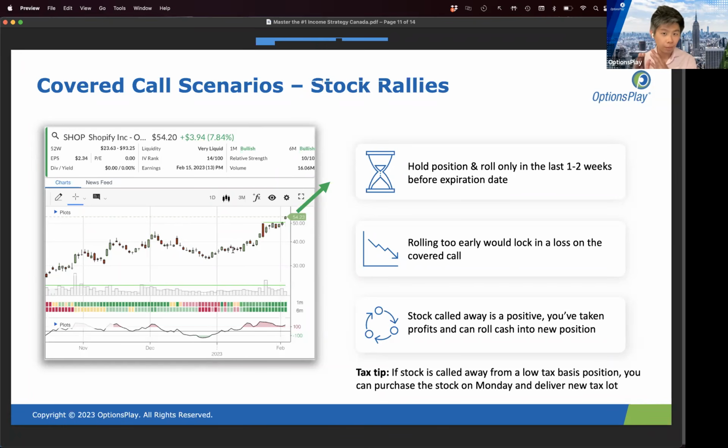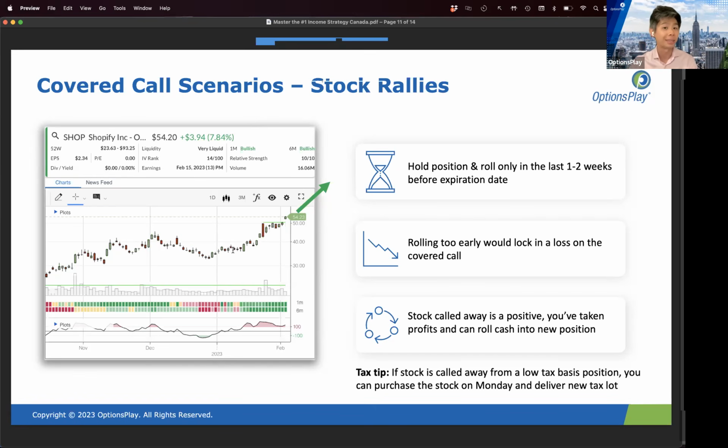Well, this is really where the best thing to do is not panic. Remember, any losses that you have in the short call are offset by the long stock position. So this is the only option strategy where you're not adding additional risk to your portfolio. Every other option strategy you take adds more risk to your portfolio. The only exception to that is a covered call. Covered calls do not add any additional risk. So whatever risk or whatever downside you see on the short call, you've made back on the stock position. So it's completely hedged. So that's one thing to keep in mind.